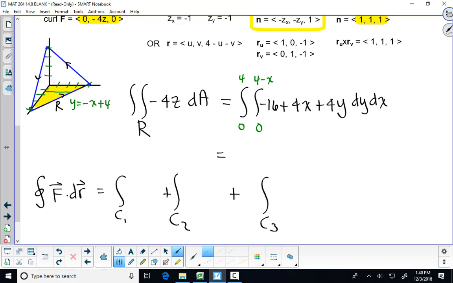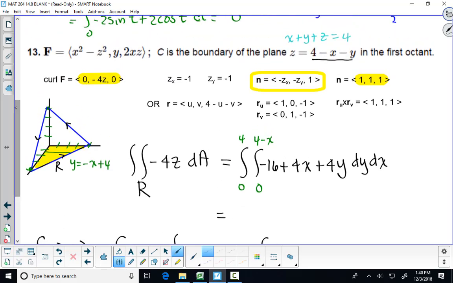Now in the test, it's going to say use the line integral method or use the double integral method, so you don't have to do both. What if f wasn't dependent on z? Would you have to? Could you only get one of them? So if the vector field didn't have a z in it,